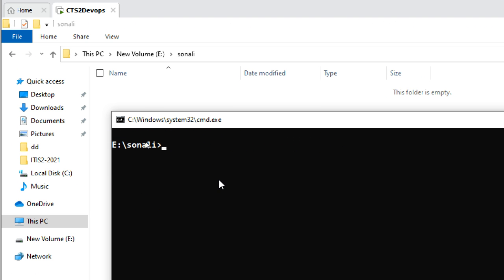Now, what is the first command? Tell me what we did previously with git clone, the same thing, one by one. Git clone.